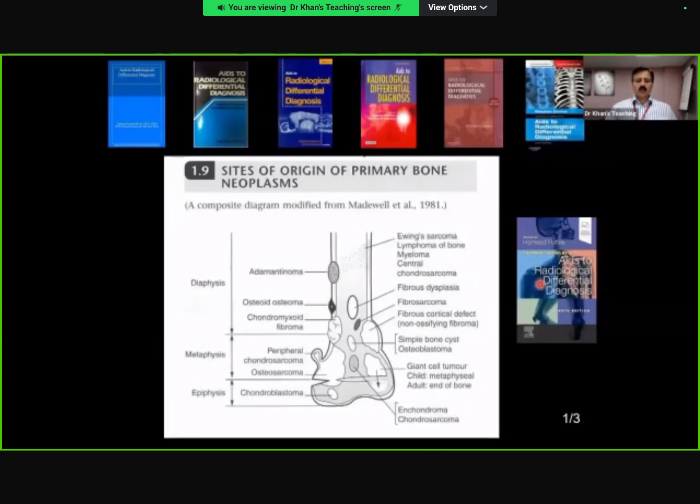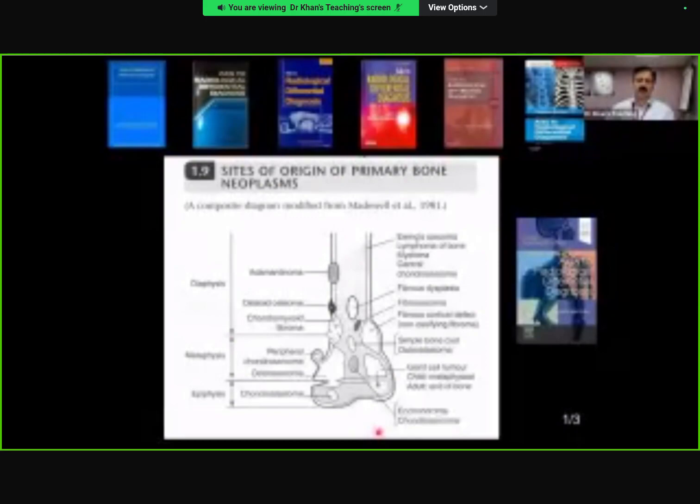present Chapman. So Chapman, the first edition of Chapman was produced in 1984, and this diagram is from 1981. So it in any case gives you a good basis to develop your knowledge. And in the exam, my idea is that you remember this picture in your mind, and then when you get a tumor in the exam, this picture should be in your mind, and you tell the examiner according to the age, etc., and the location. Now, if you see, this is the epiphysis, this is the metaphysis, and this is the